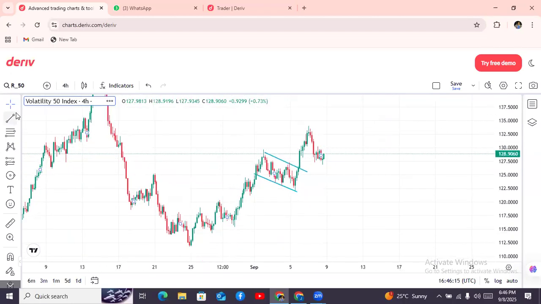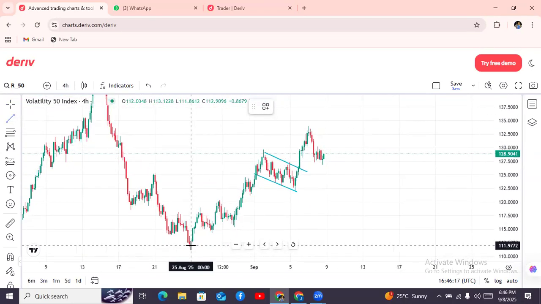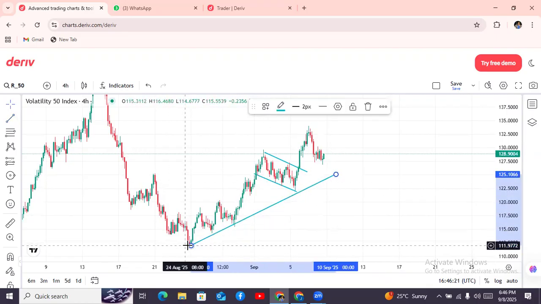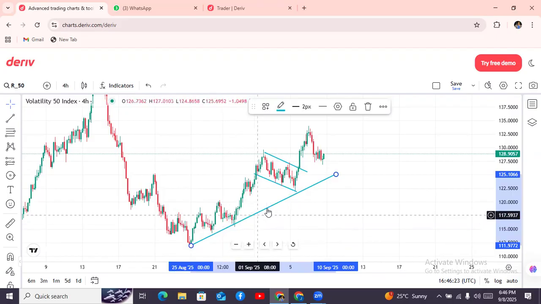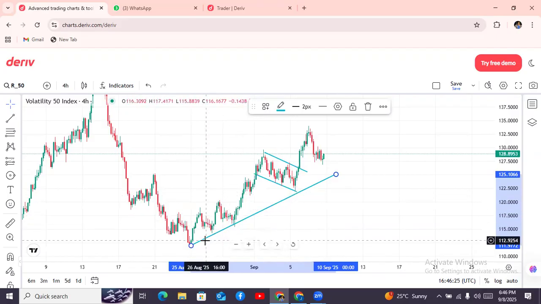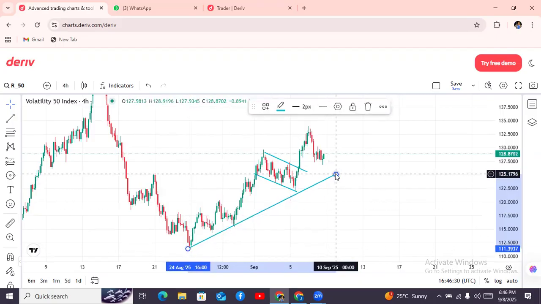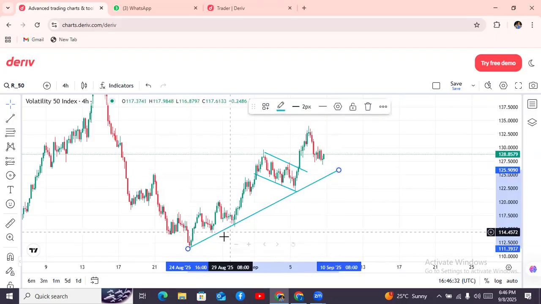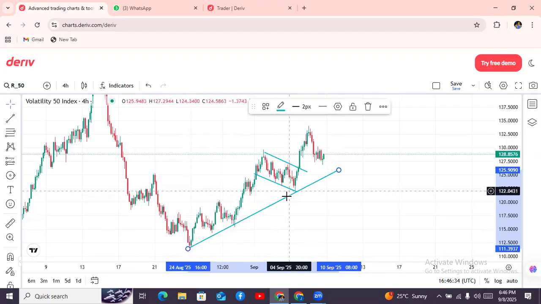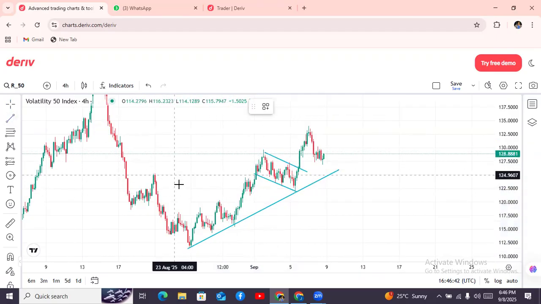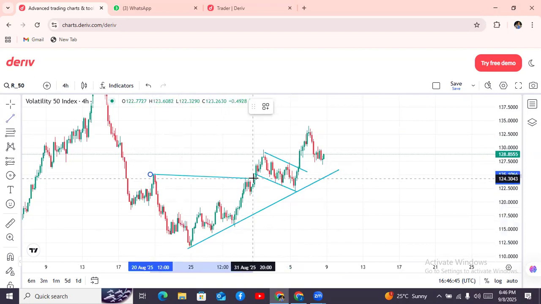This one is also very nice because again we see our three touches: first touch, second touch, and our third touch. That would be our third touch. One, two, three, third touch. This one is a very strong bullish momentum because after breaking this high,